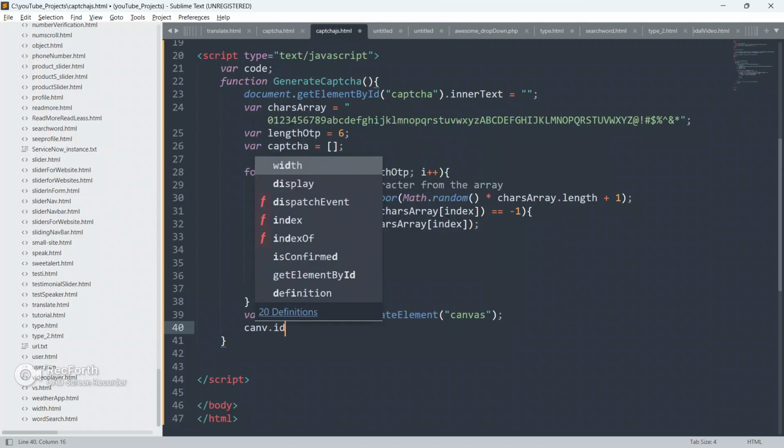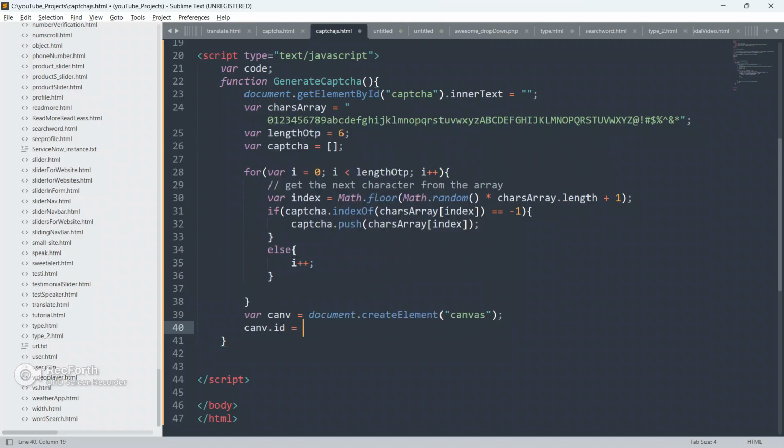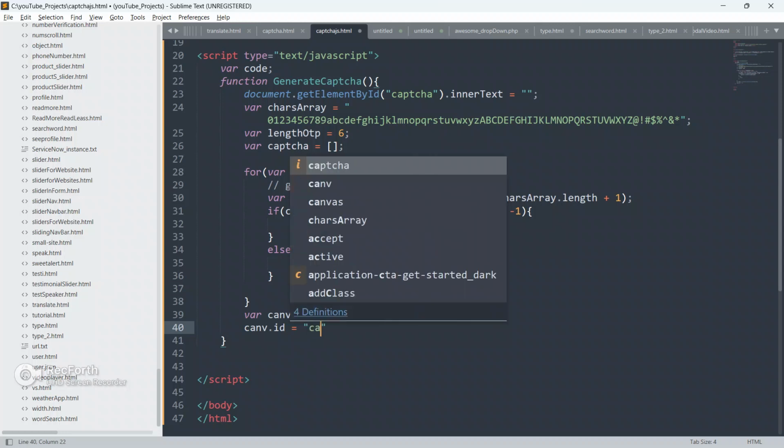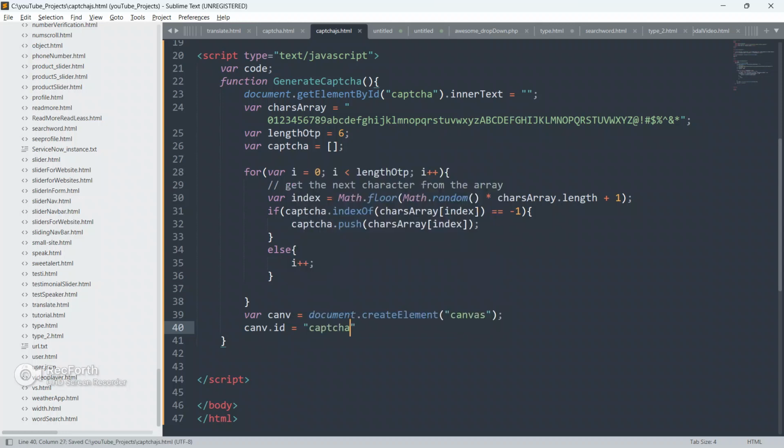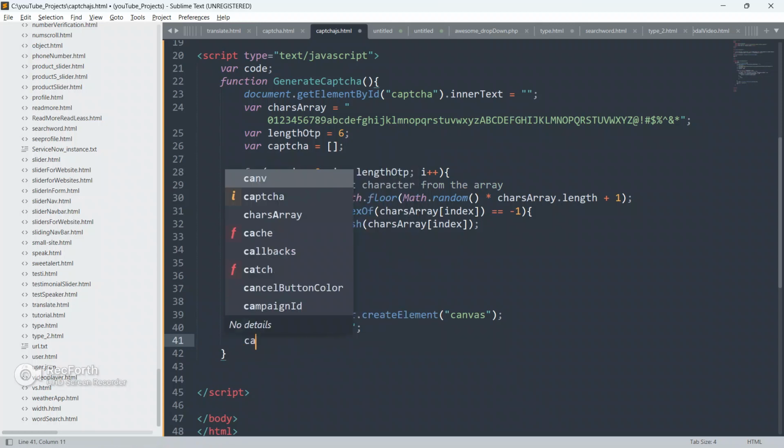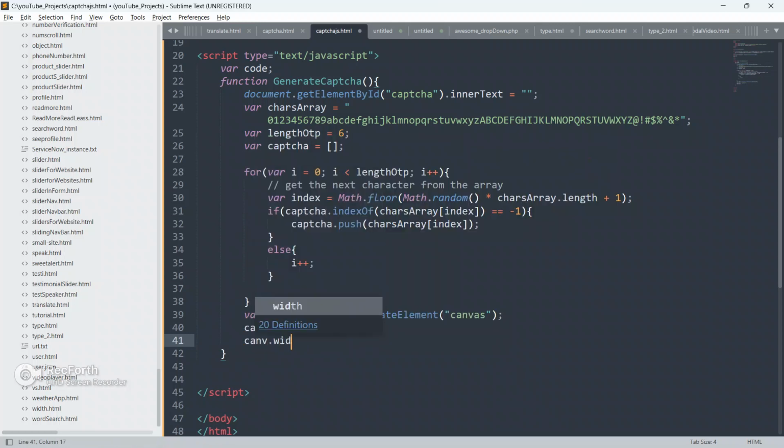Okay, so now canv dot we're gonna put ID. What ID? We can assign any kind of ID, guys. Okay. Here I'm gonna put captcha. Canv dot width, we are going to put width of 300.